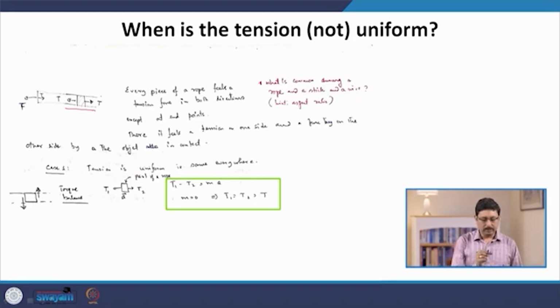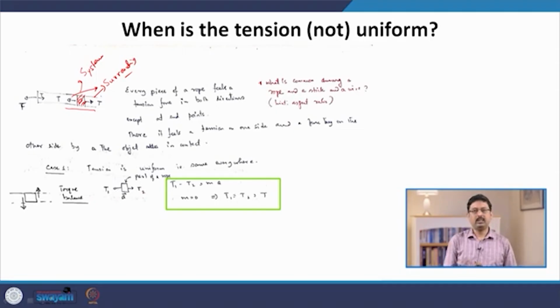So, here I am trying to analyze it more carefully. This shaded area is a small piece of a rope, and let us say this is my system. Everything else is surrounding. So, the neighboring part of the rope is part of the surrounding, and it exerts a tension on the shaded area. Similarly, this part is also surrounding, and it also exerts a tension. I have shown the same picture here. So, I call the tension on one side T1 and the tension on the other side T2,